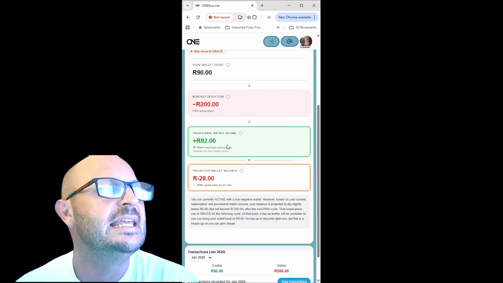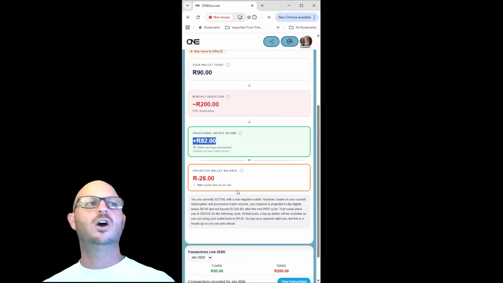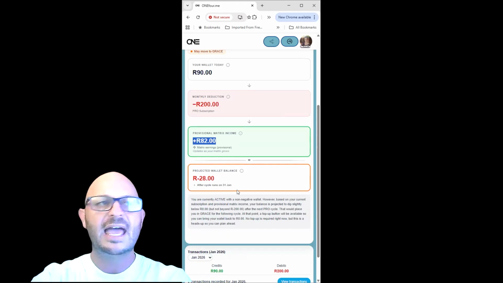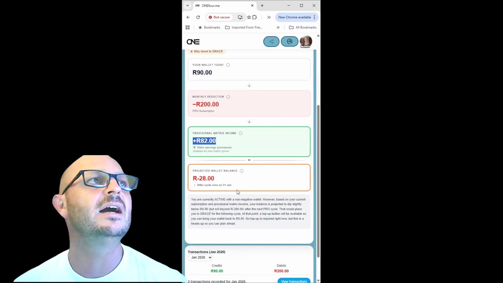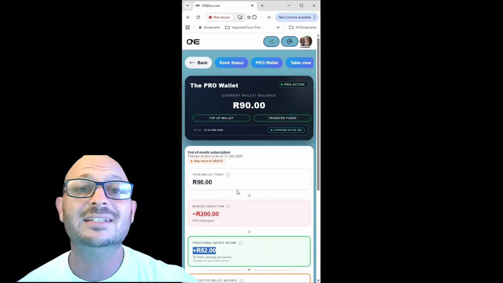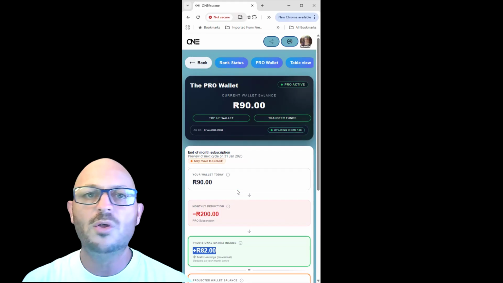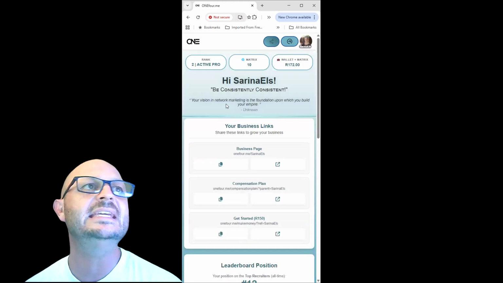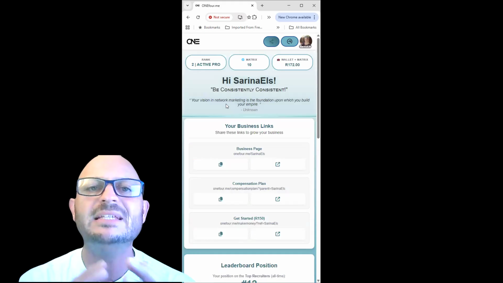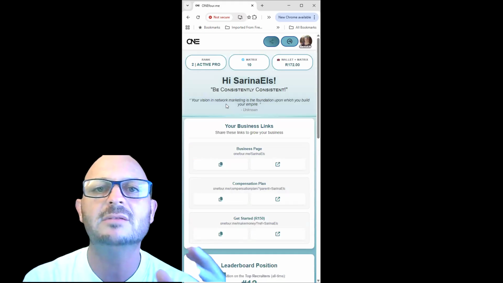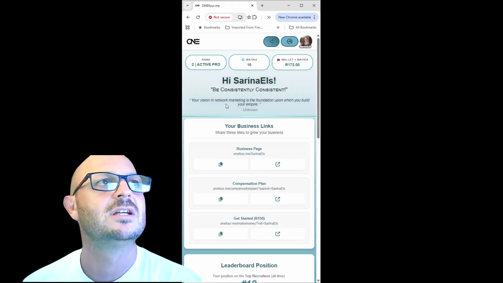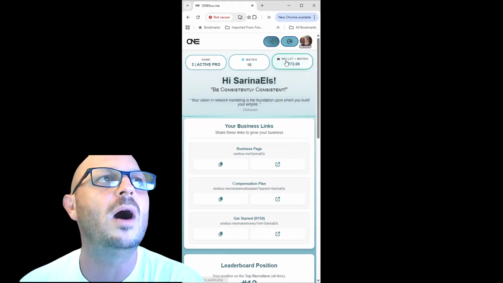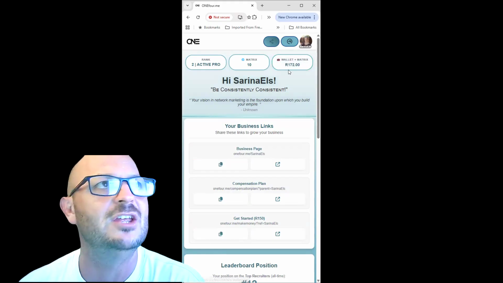In that Pro Wallet, you will see here the matrix value comes in over there. And it just shows you what your potential is in your wallet at the end of this month. Okay, guys, that in a nutshell is the wallet. I don't want to draw this out any further. I want to keep it nice, short, simple, so that you can easily see what represents what and what amounts make up what amounts. These amounts on your dashboard are not your wallet. This is your wallet amount plus your matrix value.